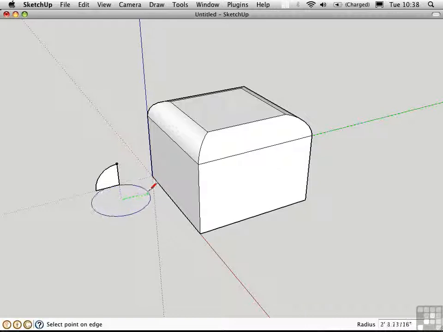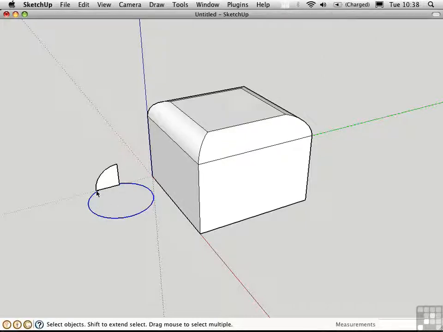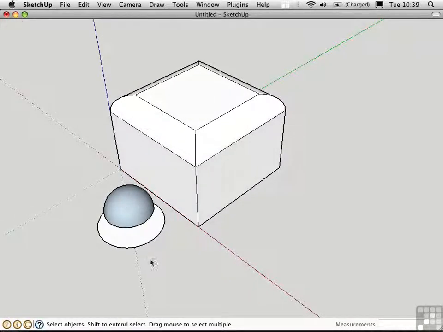The size of the circle doesn't matter. This is going to be the Follow Me path. I would like to set the number of segments in this circle, however. Let's set it to 6 times 4, which is 24. This will give us an eighth of a sphere that has an equal number of segments going up and around. So I'm going to select the Follow Me path, press F, and click on this face to sweep out a hemisphere. Now, I said I wanted an eighth of a sphere, but I swept it all the way around,